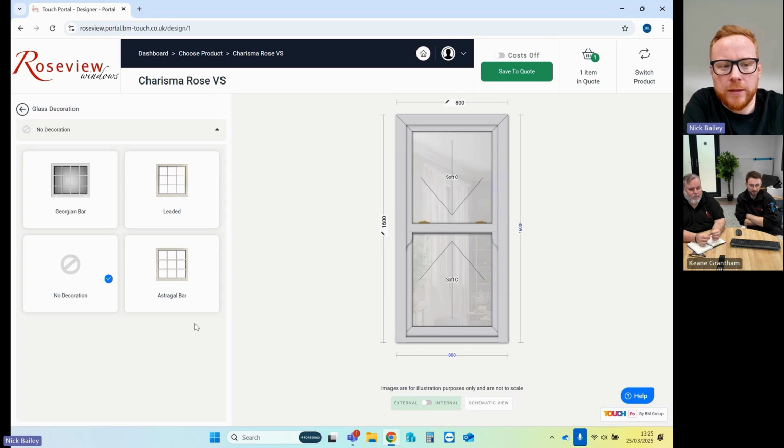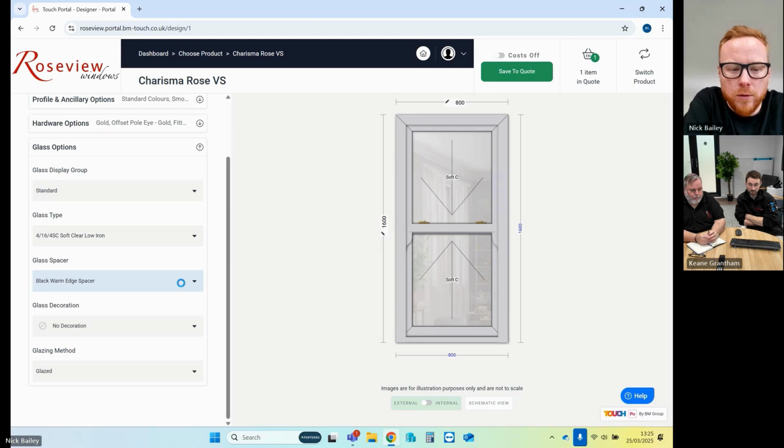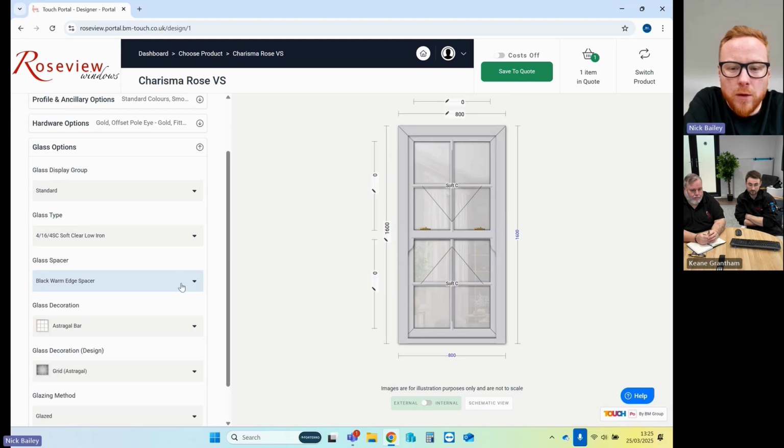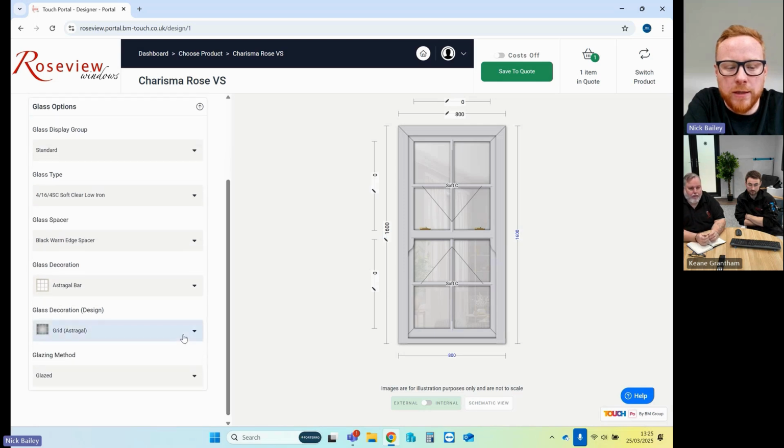If I move into the glass decoration area, I have 4 options: no decoration, or the option to select astragal bar, leaded, or Georgian bar. What I'm going to do is select astragal bar here. What this does is allow me to first of all change the design. But you can see on the right-hand side how it's displayed the astragal bar